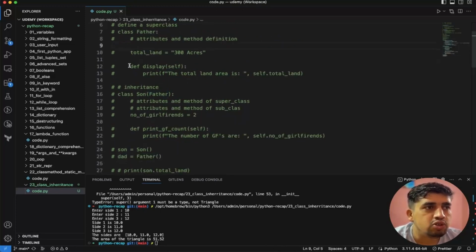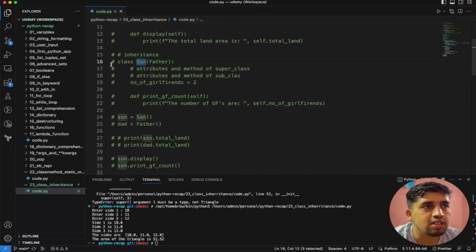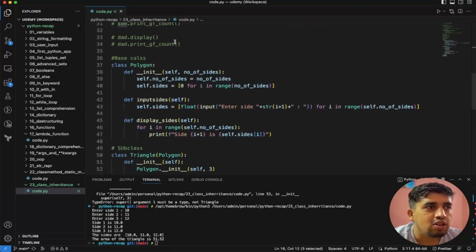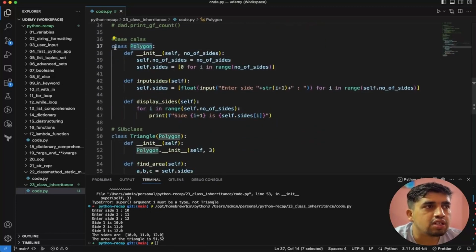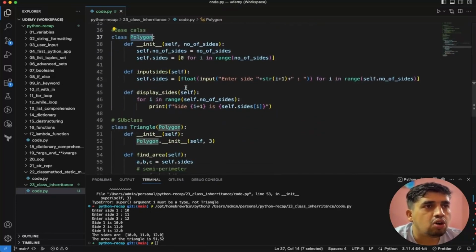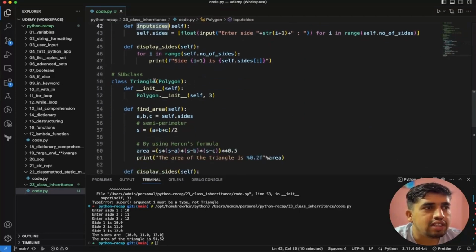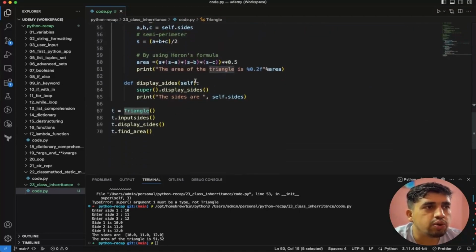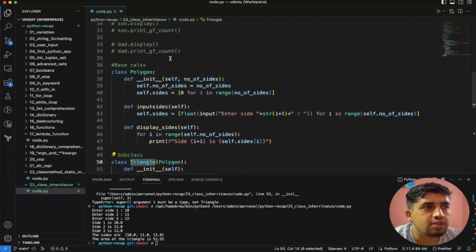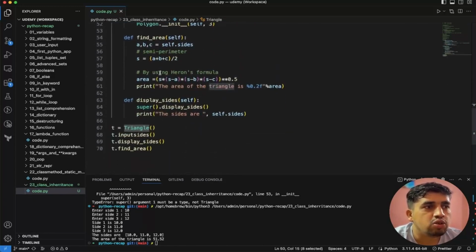It has certain attributes and the son was able to inherit those attributes. And also we take an example of another class called polygon. We learn how we can reuse the code. So we have certain methods here. And in the base class, when we create an object, we are able to access all the methods defined in this base class. And we are also able to override the method and also call the super methods by using this super